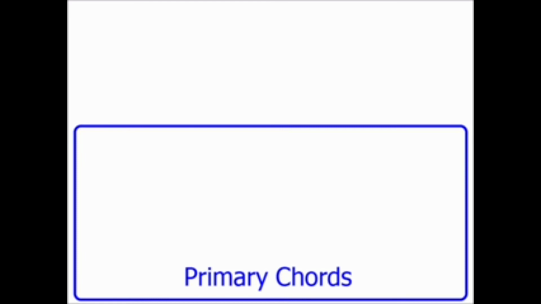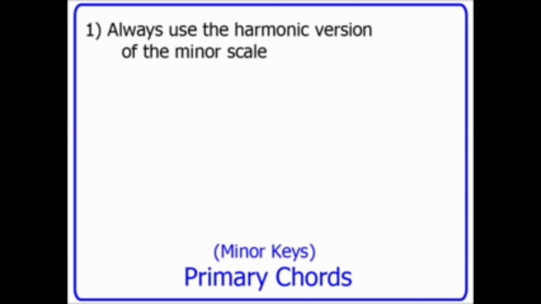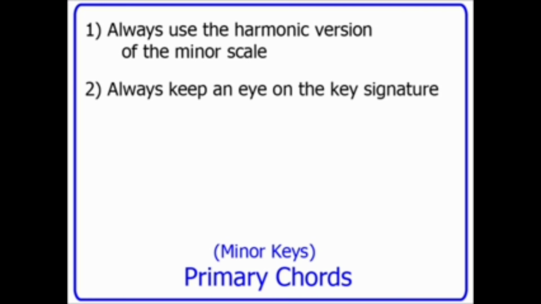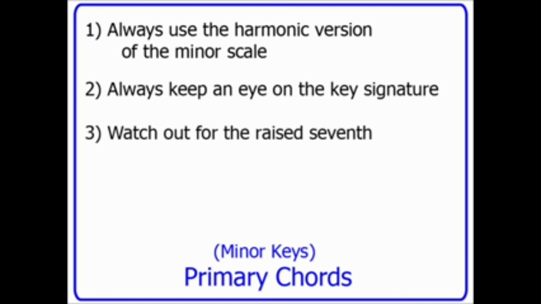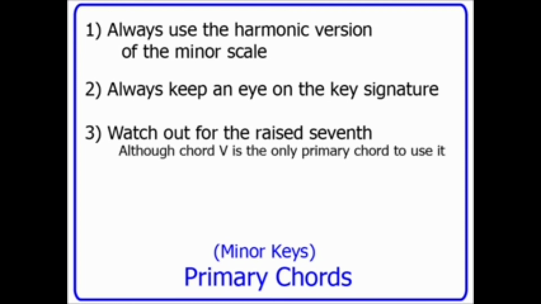So, to recap, firstly, always use the harmonic form of the minor scale to work out the primary chords. Secondly, always keep an eye on the key signature. Watch out for the raised seventh and ensure it is used in any chord which requires it. And as I said earlier, it's only chord 5 of the primary chords which uses the raised seventh. And finally, and this may sound like an obvious piece of advice, but write neatly. Chords can often contain a mixture of sharps and flats, so make sure it's clear what you are